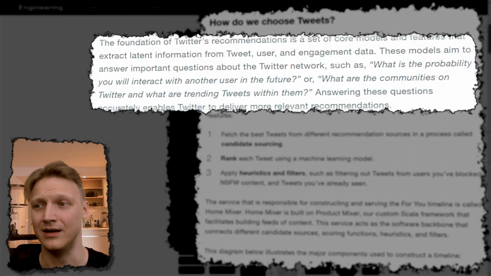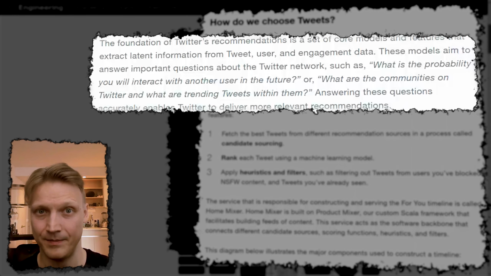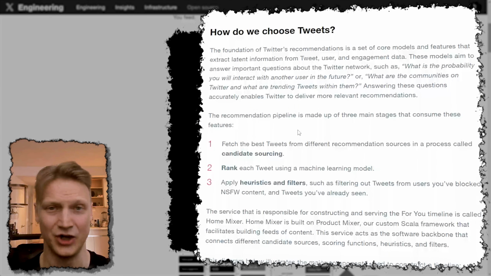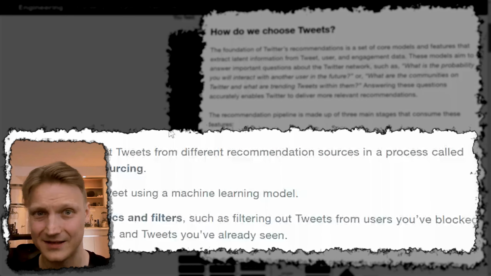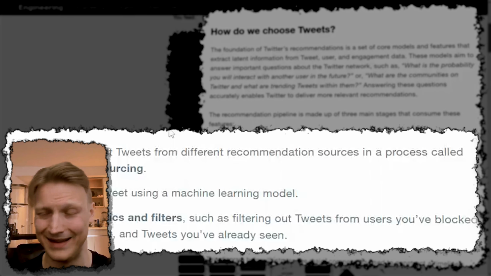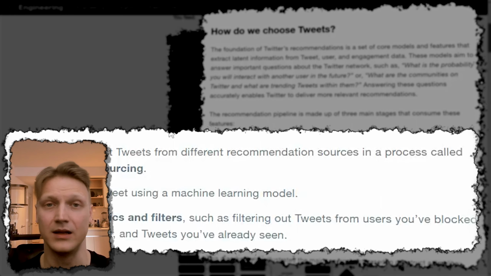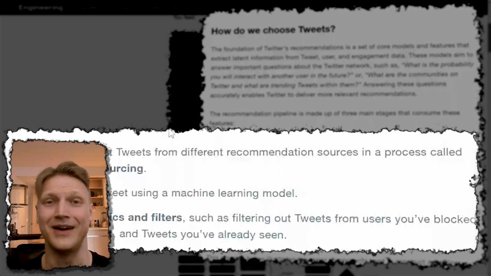And another one, are the communities arranged in a natural way, without members explicitly organizing them themselves? They've built a couple of systems and organized them into pipelines that determine data flow, consisting of 3 stages. In the first one, they select candidates amongst the entire pool of tweets on the platform, appropriate for particular users based on some statistical methods we'll get into. They rank selected tweets from multiple sources, obviously. They apply heuristics and filters on the finish line and then finally feed it to the user.